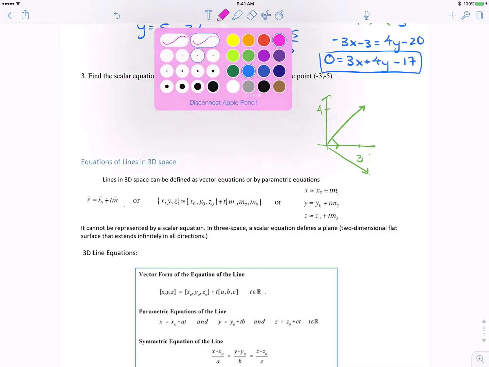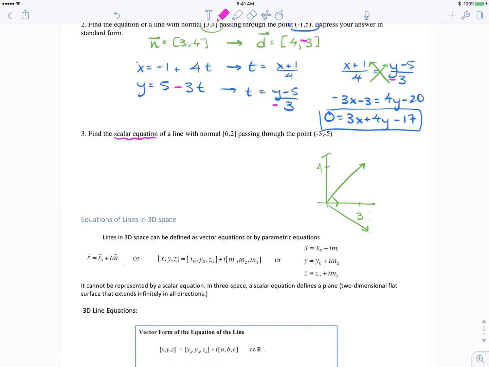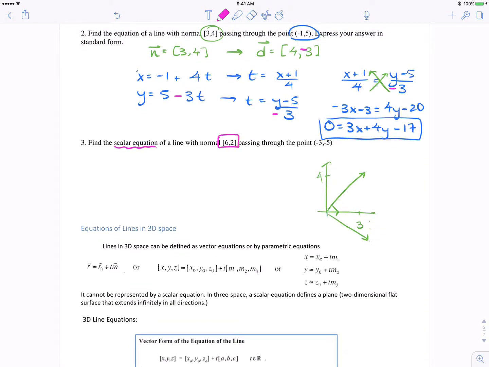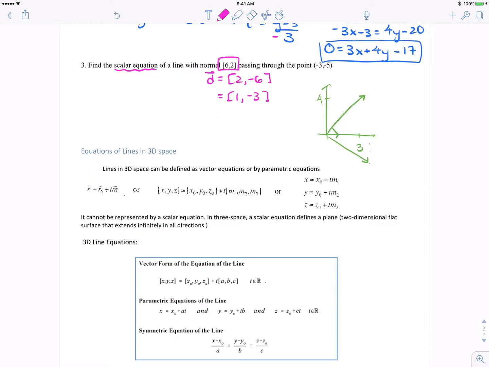Second last part of this, find a scalar equation of a line with this normal passing through this point. So converting this into my direction vector, 2, -6 is the easiest way to do that. But remember, you have to reduce 1, -3. Scalar equation that we're looking for, it doesn't specify standard form. So for me,